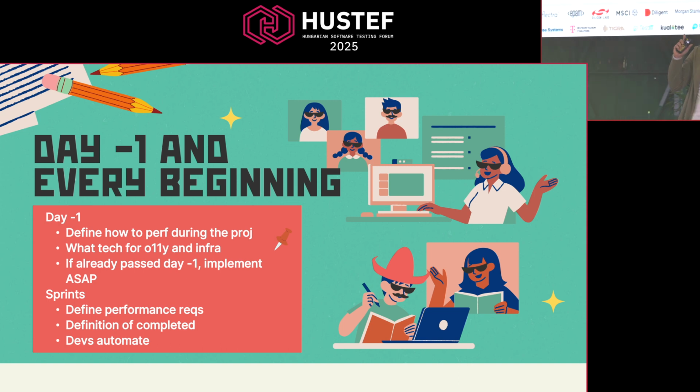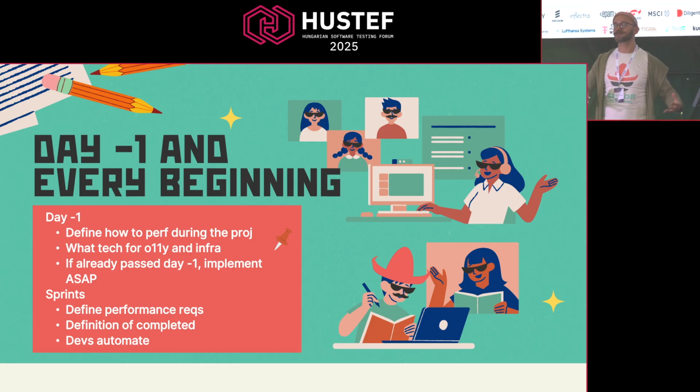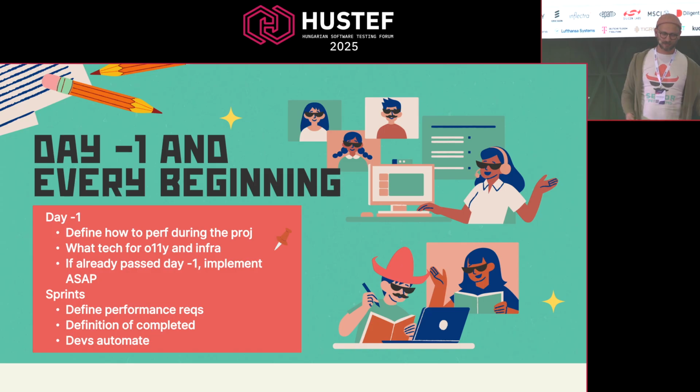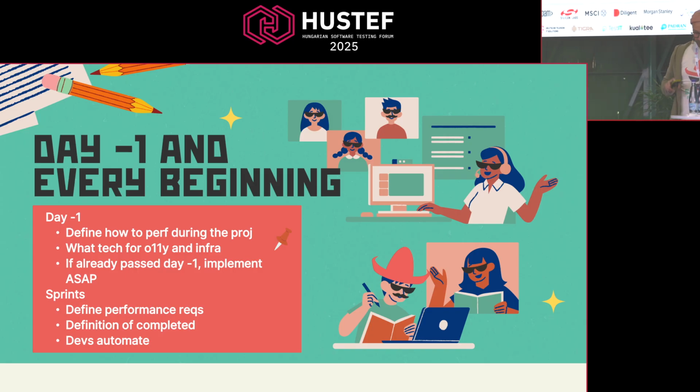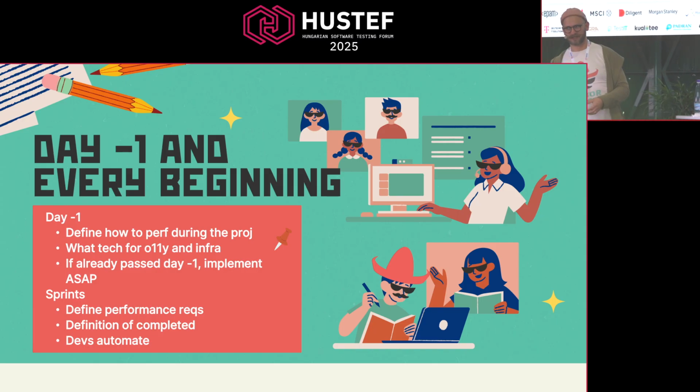Remember, day -1. Before you start, try to tell your team when you are going to build an infrastructure, platform, start to think about that, have performance in it, have the rules defined, that every sprint we're going to create some requirements with performance indicators so that everybody is in line with it. We have to be careful as we continue after day -1 that we keep those rules in place.